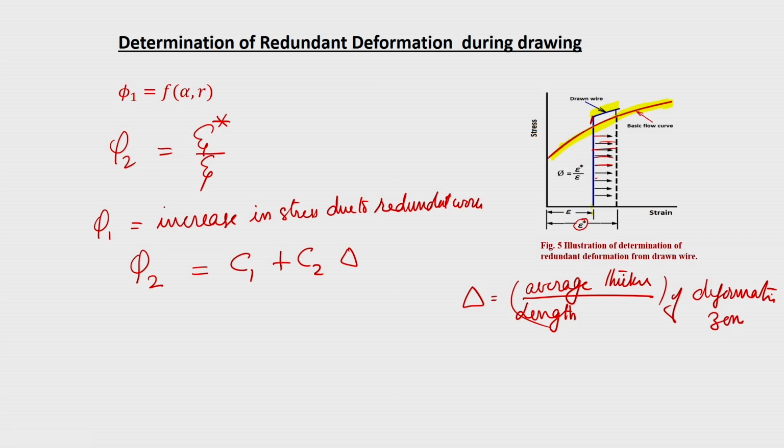Now, another method is finding the stress strain curve of the wire drawn under different conditions, and comparing it to the stress strain curve of the fully annealed wire. Okay. The flow stress of drawn wire is always higher than the annealed wire. So, that is what we have seen in the previous diagram. The strain in simple tension of the drawn wire is thus equivalent to your epsilon star.